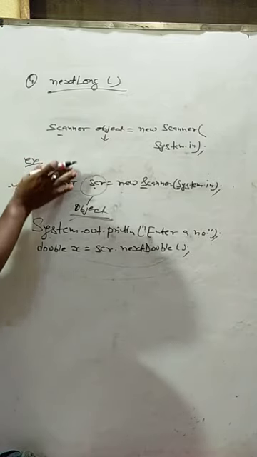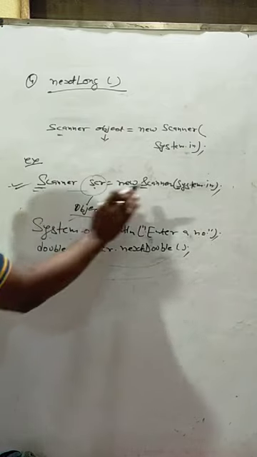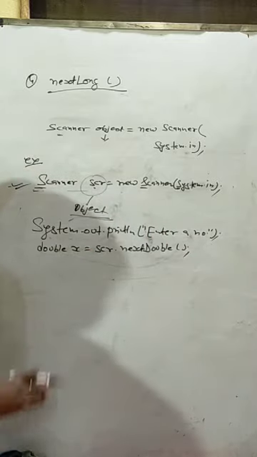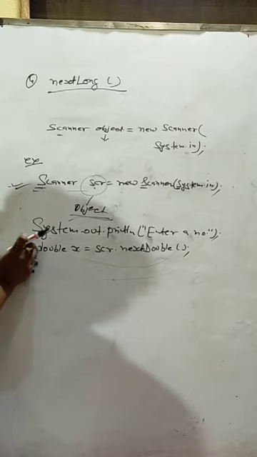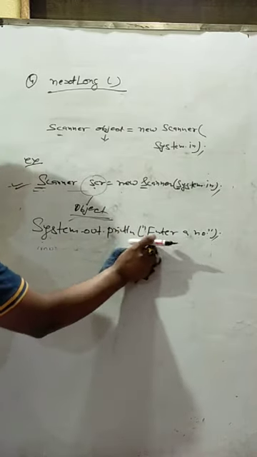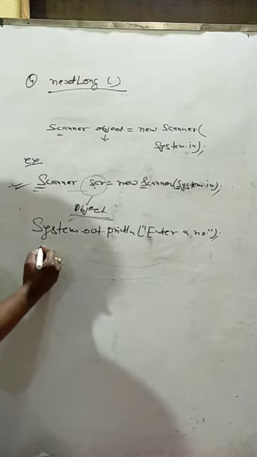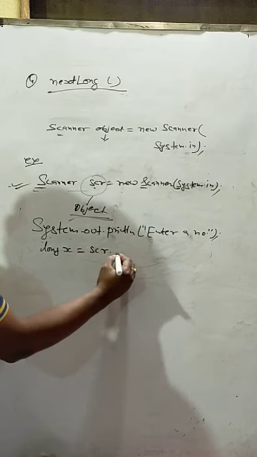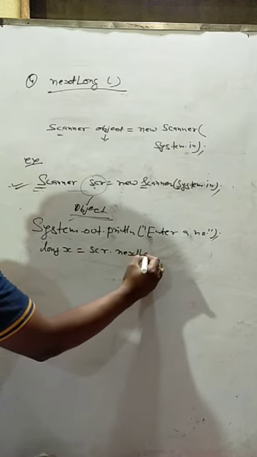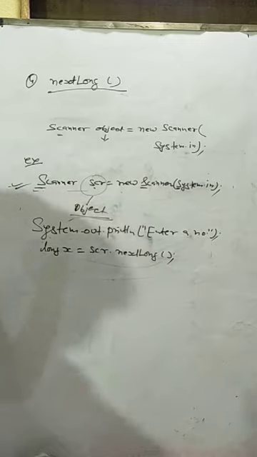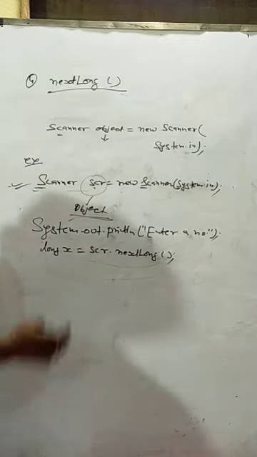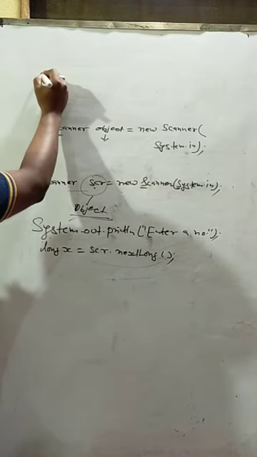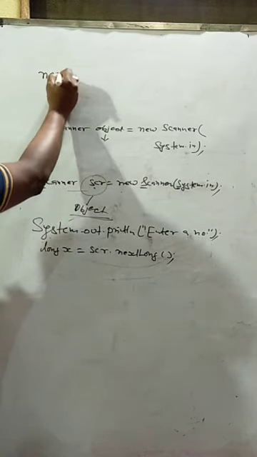So similarly, we will create an object of the Scanner class in this way. Then we will give a prompt to the user, like "enter a number". And this time, since we are storing a long value, we need a long variable like this: long x equal to scr.nextLong, where scr is the scanner object.